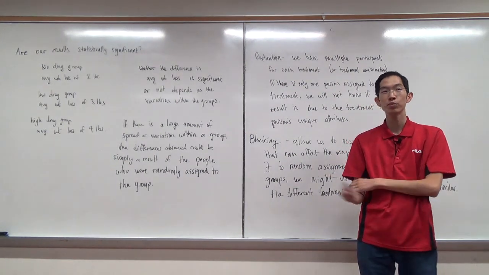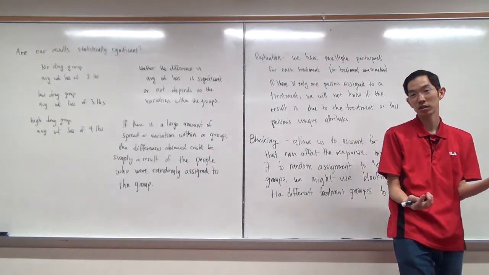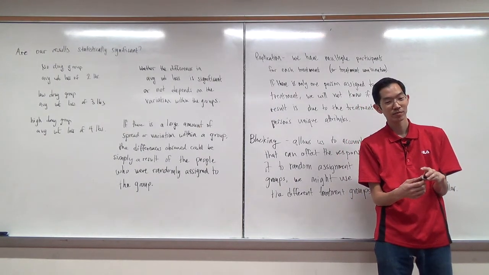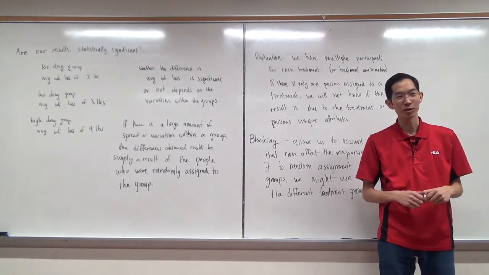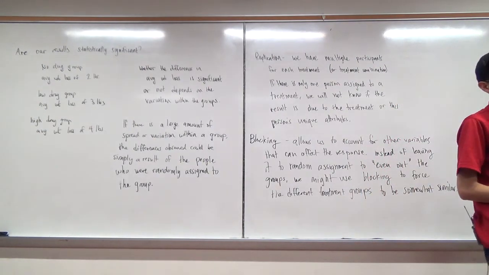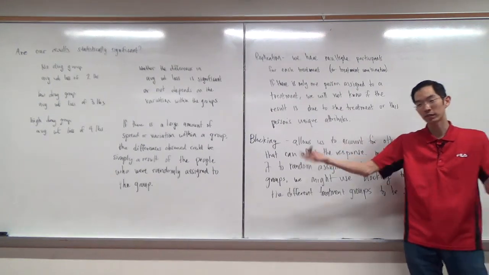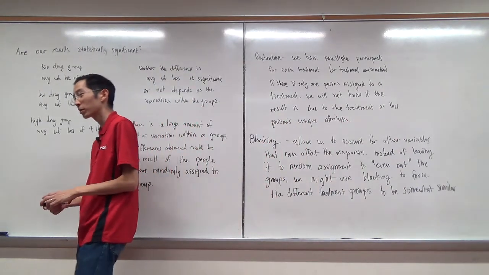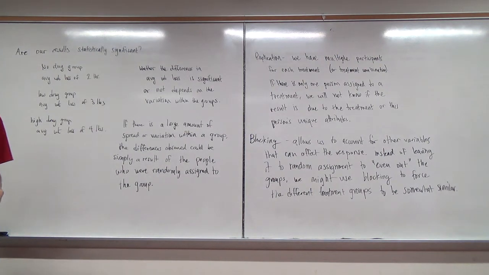But we know that the difference between the average heights of the two groups is merely a result of the random assignment. And it's not anything to say that people who are taller have a higher likelihood of flipping heads and people who are shorter have a higher likelihood of flipping tails. We know that's not the case. But we're not going to see exactly the same average heights of the two groups. We know that any difference that we observe between the two groups is merely a result of random chance, okay, or the random assignment. The same thing could be going on when you do an experiment with different levels of